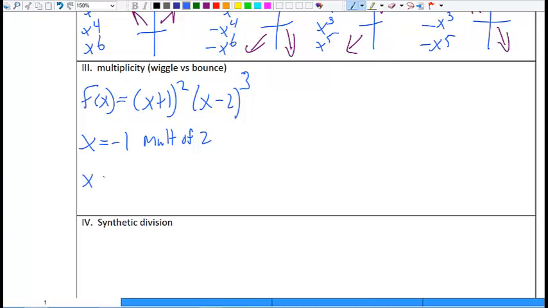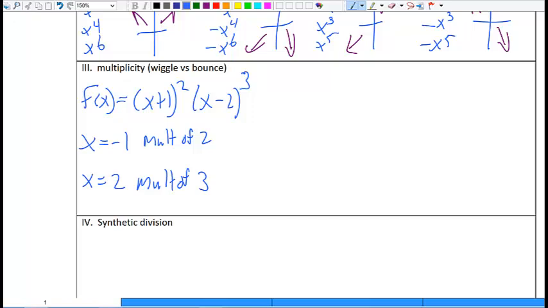And x equals 2 would be odd-powered multiplicity, so it would be a multiplicity of 3, meaning this particular function actually has 5 roots, because it's an x squared times an x cubed, which is x to the fifth. But in those 5 roots, 2 of them are -1 and 3 of them are positive 2. Okay. Now,